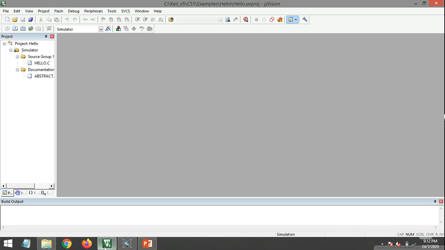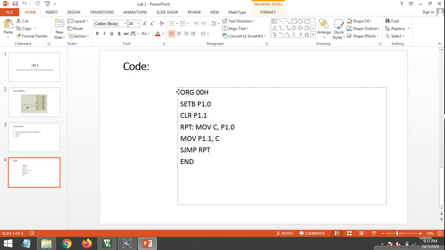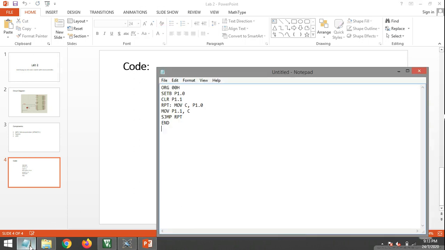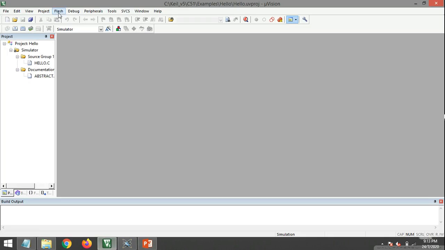I'll be repeating what we did in the last lab. So I can copy the code from here. First of all, if you remember the steps, we needed to make a new project.